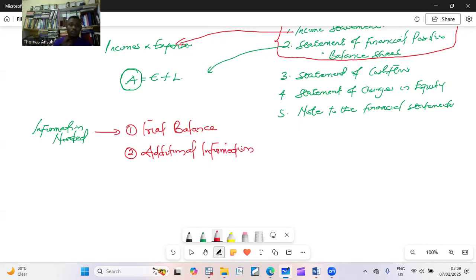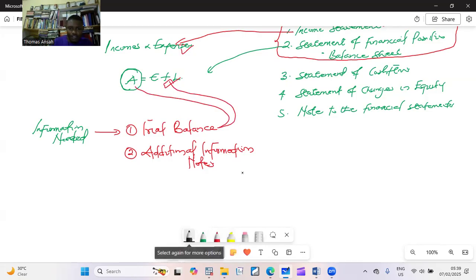All right. So, other people call it the notes. It will be given to you. These are the two things that you use to prepare the income statement and the balance sheet. Now, the balance sheet follows this one. The trial balance follows this equation. So if you remember, I told you A is equal to, so asset is equal to what? Equity